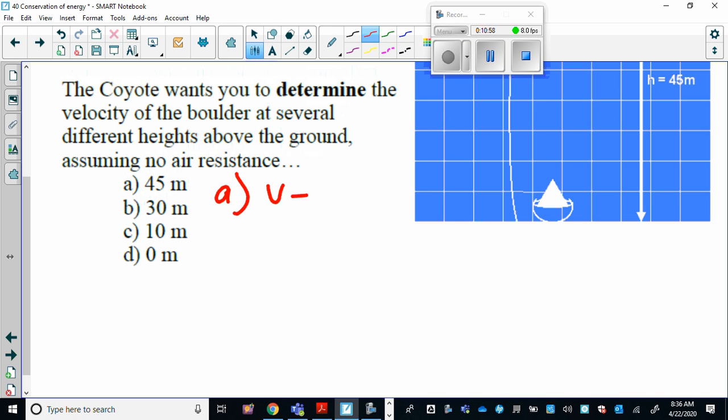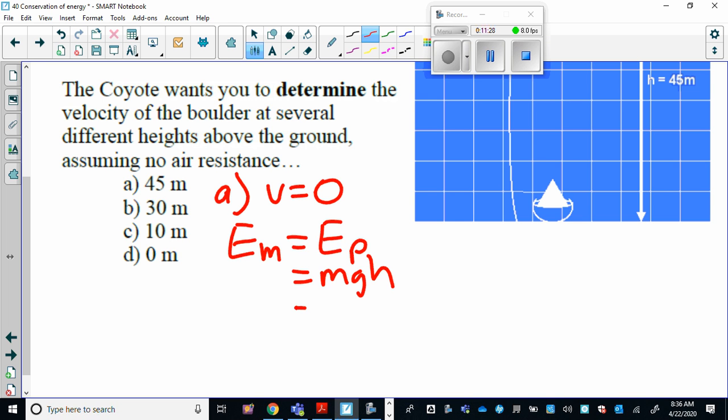A, you don't even have to do any work for that. You can just say at A, it's 0. However, what we are going to do for A is calculate the mechanical energy of the boulder. Because remember, the mechanical energy stays constant no matter what point above the ground it is. So let's just calculate the mechanical energy. And the mechanical energy, in this case, since it's not moving, it has no kinetic energy, is very simply the potential energy, mgh,